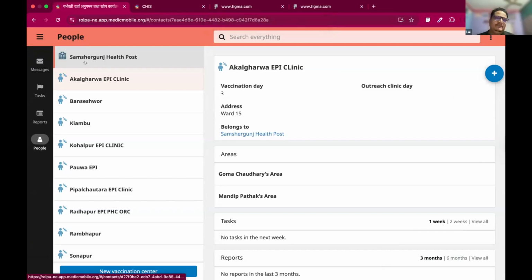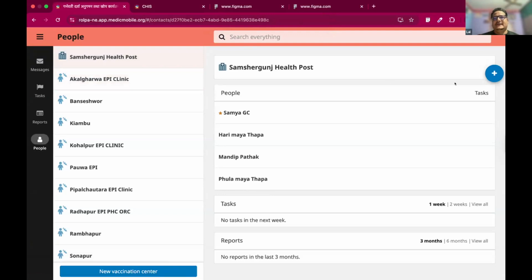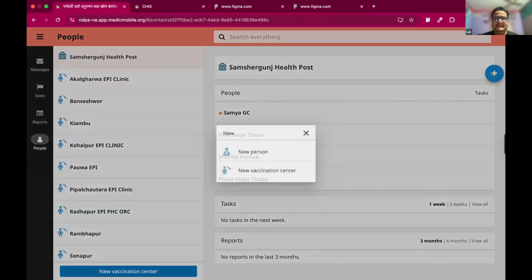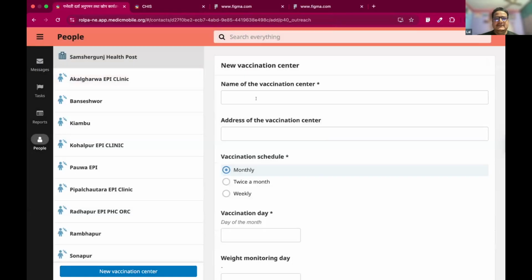Okay, so here is the name of one health facility, Samsherganj Health Facility. Let's go to the health facility and create an EPI clinic. You can see here a new vaccination center. We'll fill in where the EPI clinic runs. We need the name of that EPI clinic, so let's give the name